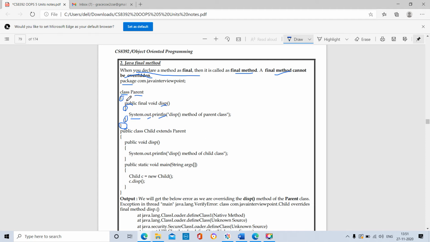So open curly brace and close curly brace. This is our definition for the class. Okay, class body. Next we are having public class, another class name is child, extend from the parent. Okay, from the super class we will go to direct subclass. Okay, super class, subclass, or parent class, children class.